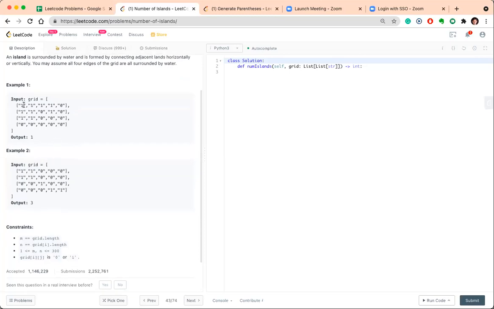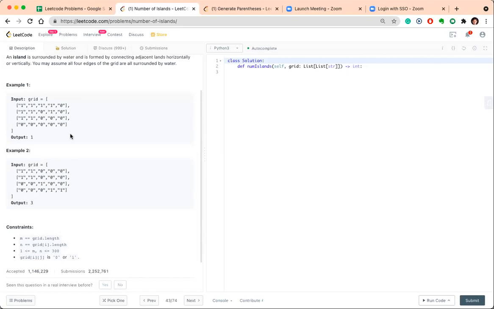Then in all, this is just one exploration. This is just one island that we have explored so far. If you go on traversing all over the grid, you will try to spot if there is still a piece of land left which is still to be explored. You will recognize that by traversing over the grid, and you will again initiate the search on that place. So that's how it works.